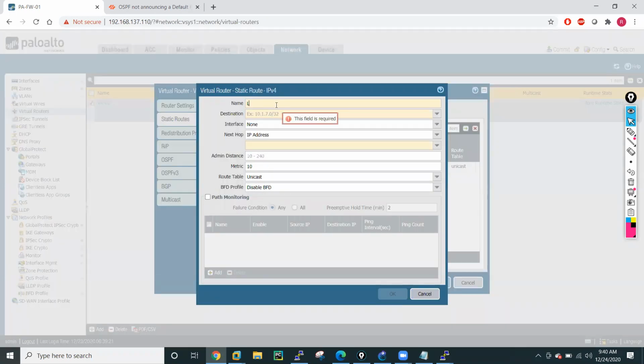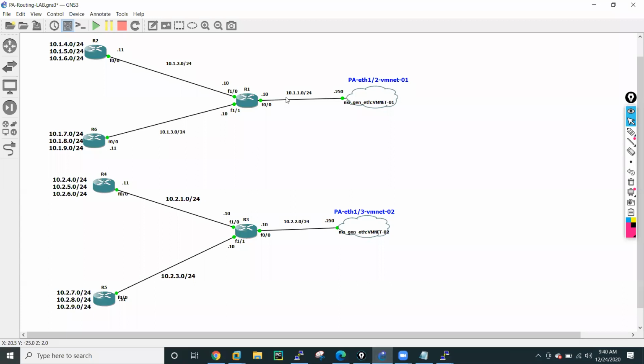This time I will give the name LAN, and I will add 10.1.2.0/24. So I'm adding the route for this subnet. And where is this subnet? 10.1.2.0 or 10.1.3.0 till 10.1.9.0, they all are behind this router, right? So the next hop is 10.1.1.10, the IP address of this interface, right? Because the firewall,